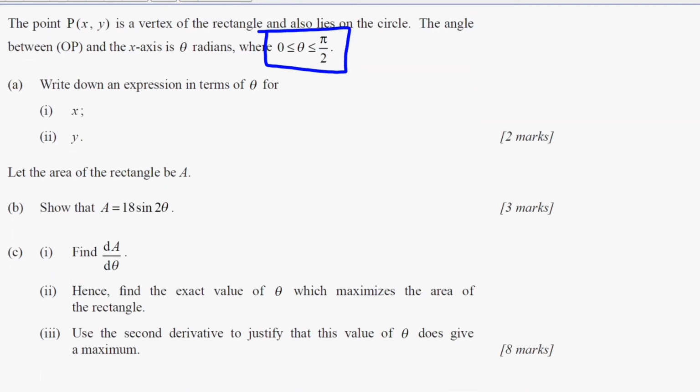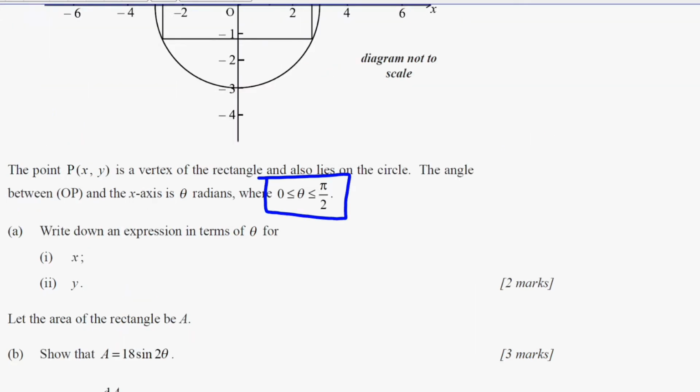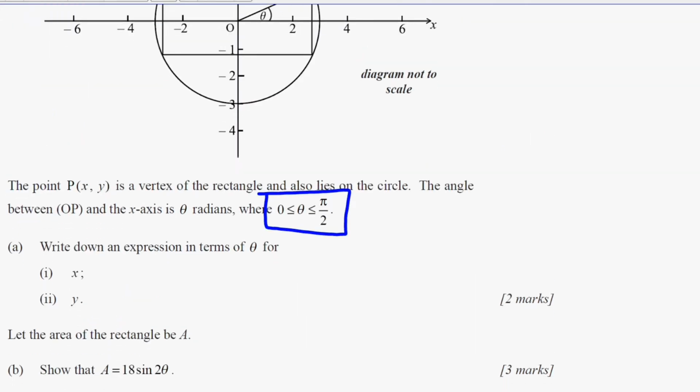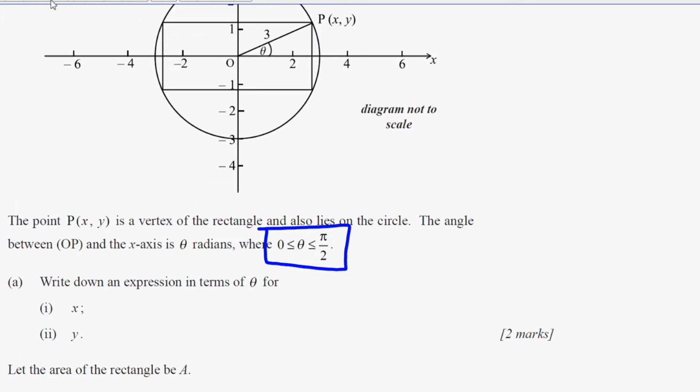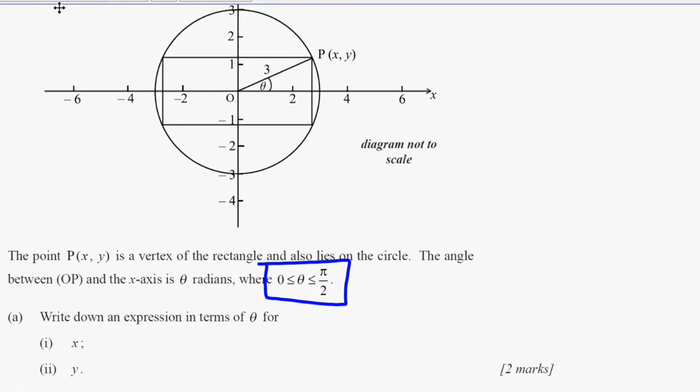They're asking us to write down the expression in terms of theta for x. Now, I'll just go back to that diagram. In this diagram here, we have a triangle. This angle is theta. This is the x coordinate, and this is the y coordinate. Obviously, from there, you can see that by applying SOHCAHTOA,